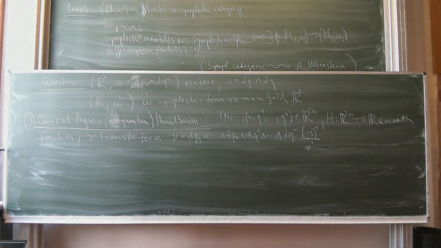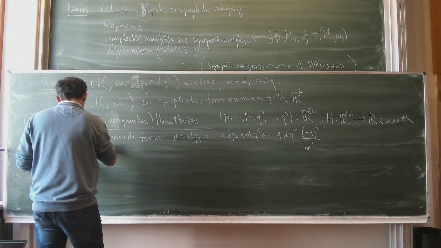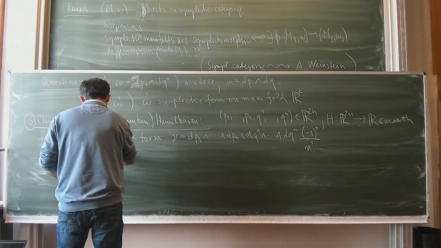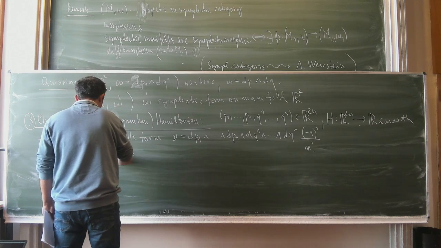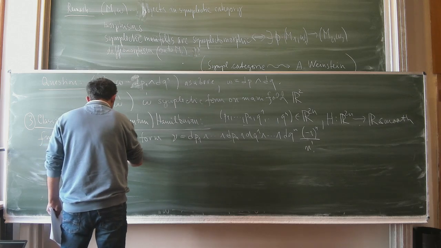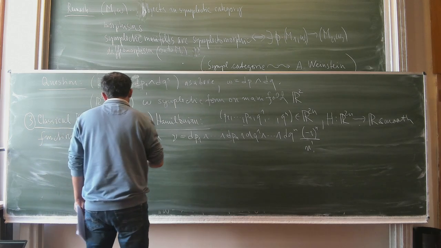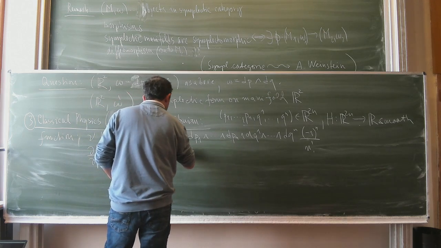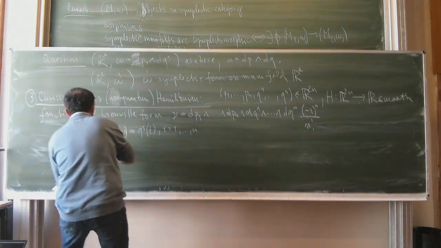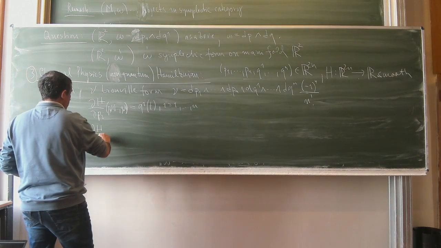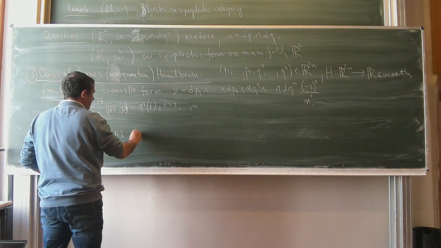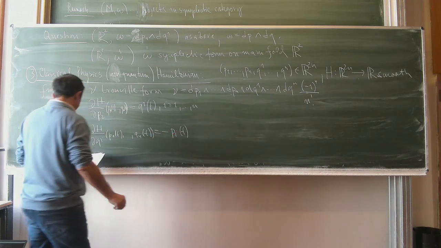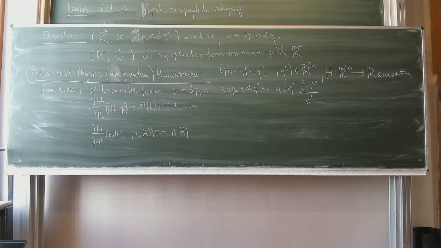Then the equations of motion are: dp_i/dt at the point t, which I specify for definiteness, equals minus dH/dq_i at the point t, where each i is a number from 1 to n, and dq_i/dt equals dH/dp_i. So these are the Hamiltonian equations